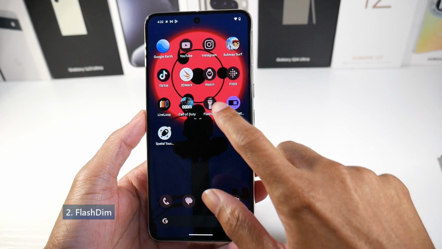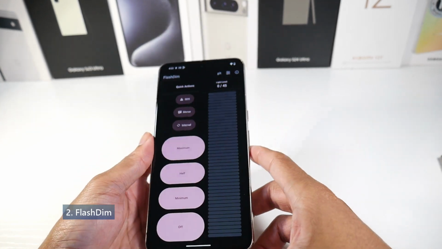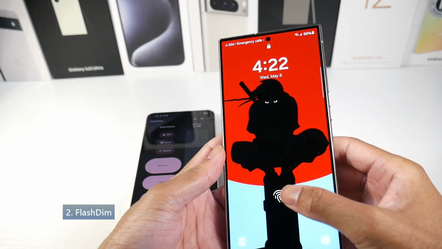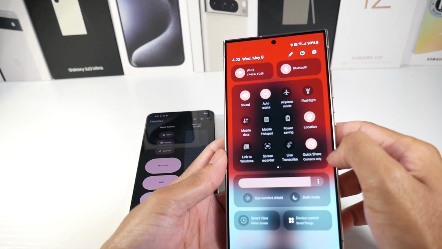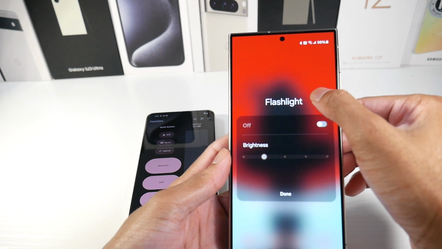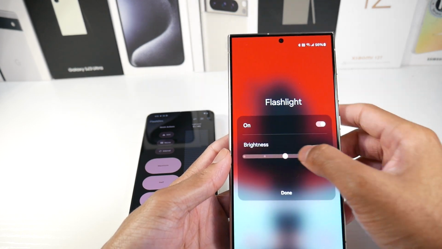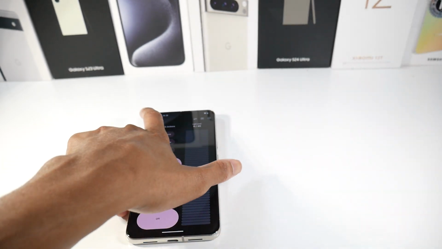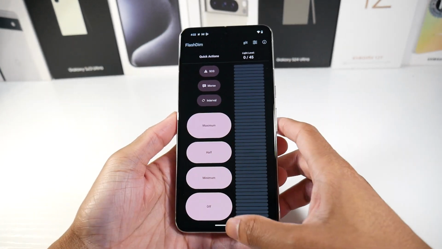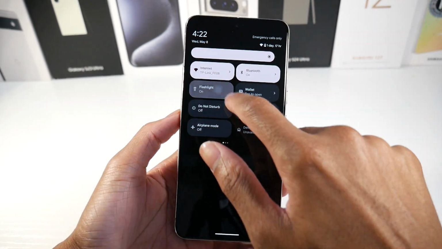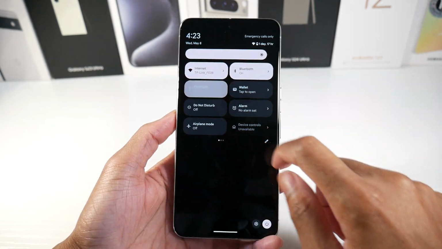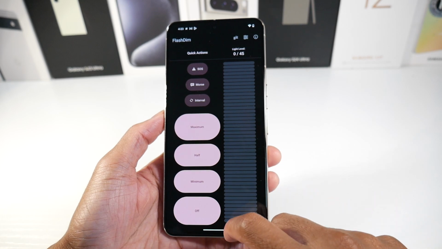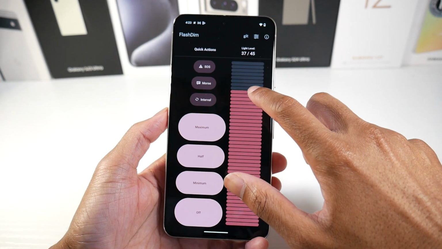Alright, so the next application is FlashDim. For some reason on these Pixel phones, you don't have the option to control the brightness. Now on the Galaxy phones, you do have the option. So typically you would just hold, and it's like this on iPhone. I don't know why it's like this on a Pixel. But if you do have this issue where you can't control the brightness, and there's just one setting, because on the Pixel here, if I go to flashlight, I can just turn it on, but I can't actually control the brightness. So with this application, you can go ahead and toggle it super high,